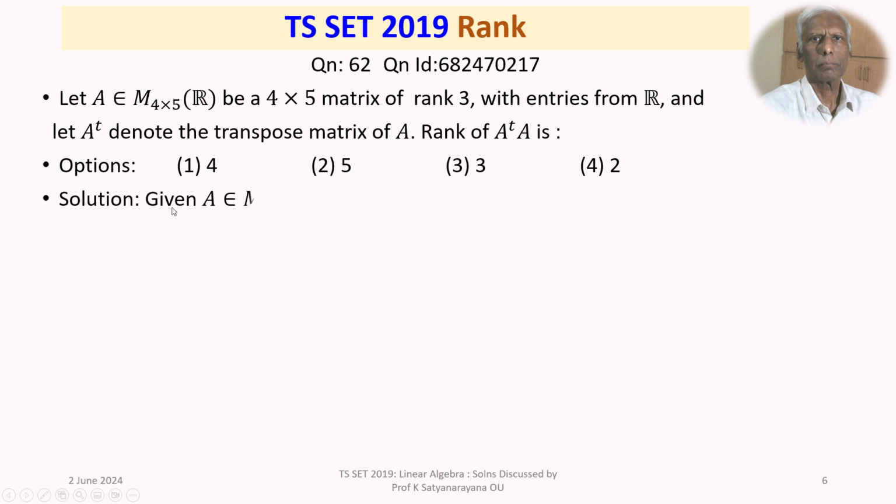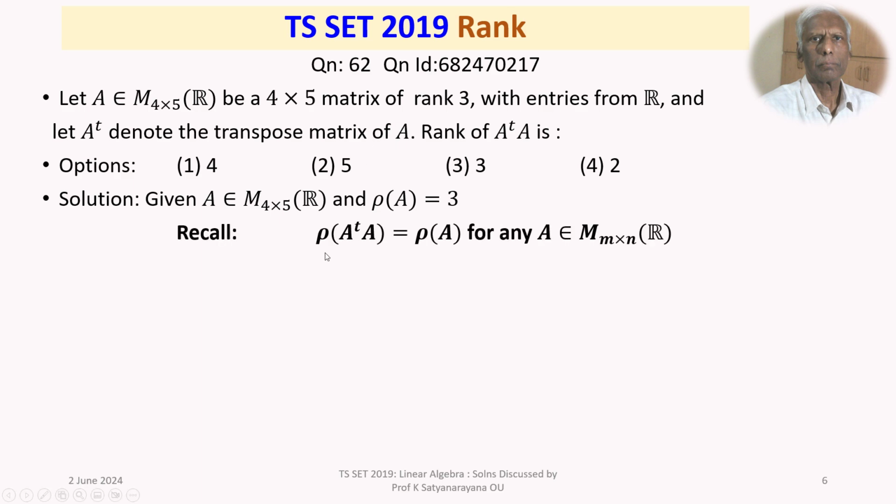Now, we are given A belongs to M 4 by 5 over R, and the rank of A is equal to 3. And it is a well-known theorem and a result in many textbooks. That is, they recall this result. Rank of A is equal to rank of A transpose A for any A belongs to M by N over